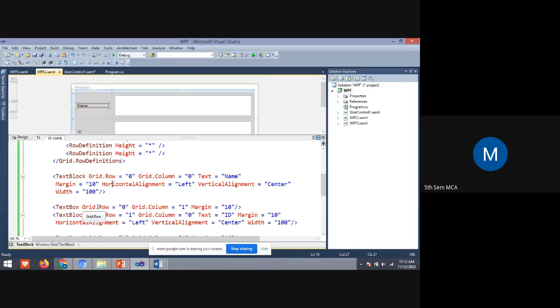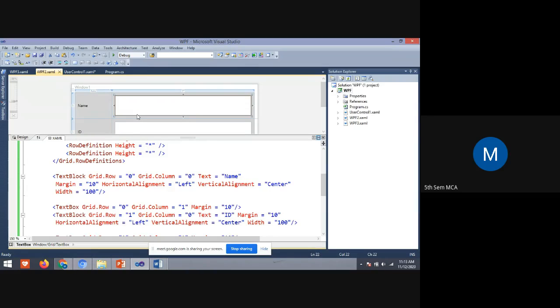And next I am clicking on the text box. If I click on the text box, observe one thing, students, again I am repeating: whichever code I click on, that control gets highlighted in the design view. You observe this. So now what is highlighted, students? Respond. The text box is highlighted, right?